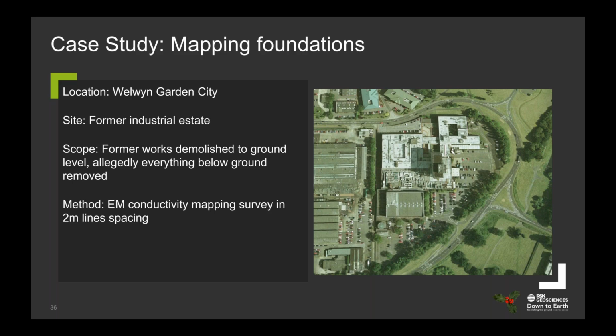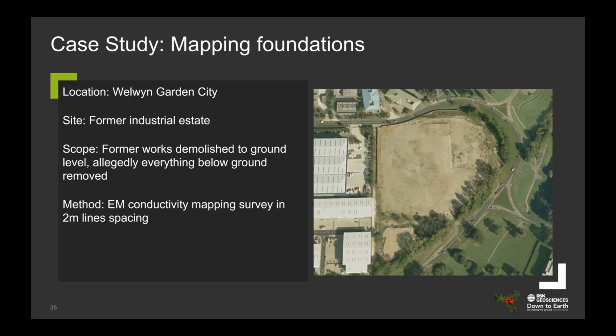When the site was bought out, the owners wanted to confirm that the building structures, which had been flattened to ground level, as you can see here, had indeed been removed from the ground, as had been alleged by the previous owner. So in this case, we were commissioned to do an electromagnetic conductivity mapping survey, so using EM,